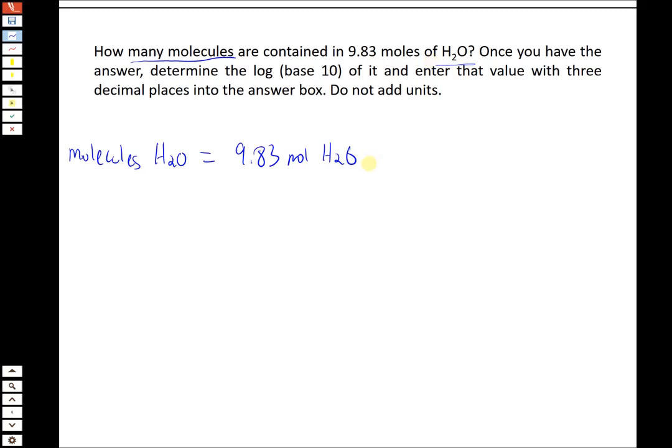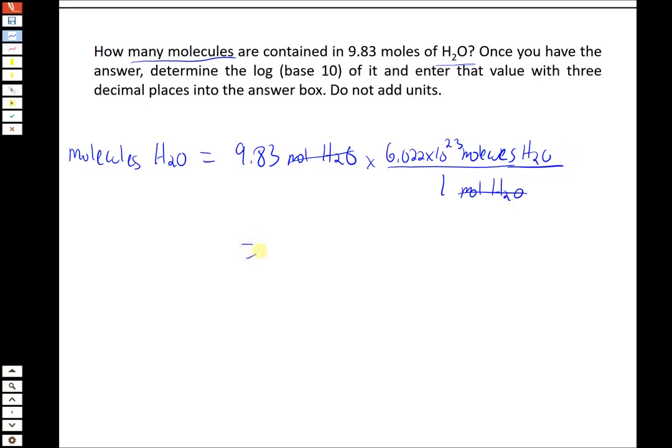So for this problem here, all we have to do is just multiply by Avogadro's number, because we want moles of water to cancel. We want to find out how many molecules of water are in that many moles. And so we're just going to use Avogadro's number directly: 6.02 times 10 to the 23rd molecules in 1 mole. Again, since water is a covalent compound, using Avogadro's number tells us how many molecules that compound is made up of. And so when we multiply those out,